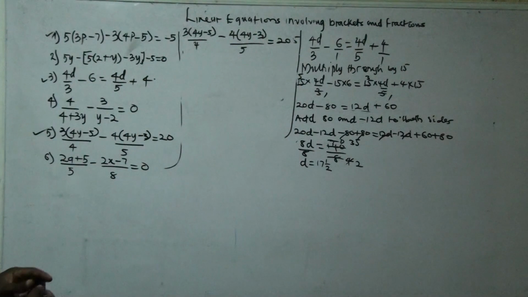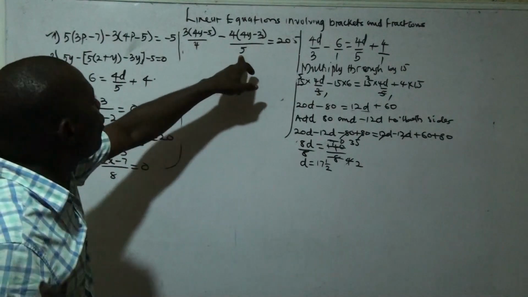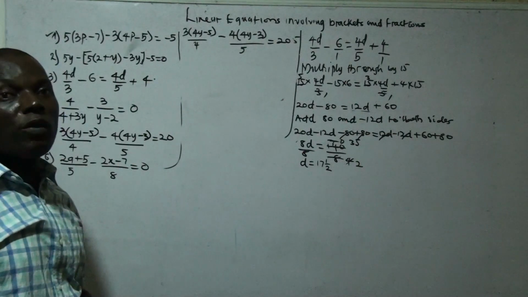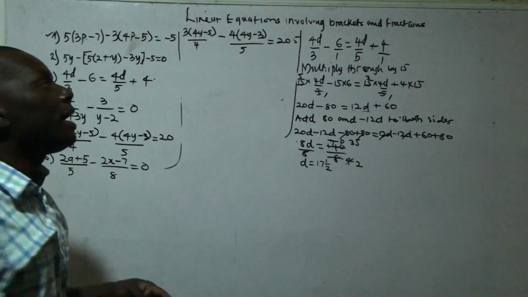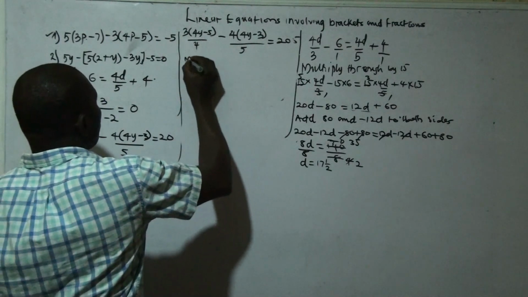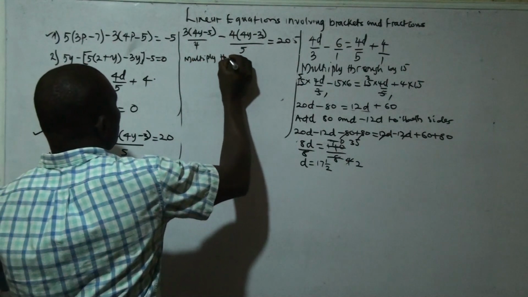So here, the first thing you must do is clear this fraction by finding the LCM of 4 and 5. The LCM of 4 and 5 is 20. So we're going to multiply through by 20. Multiply through by what? By 20. So you say multiply through